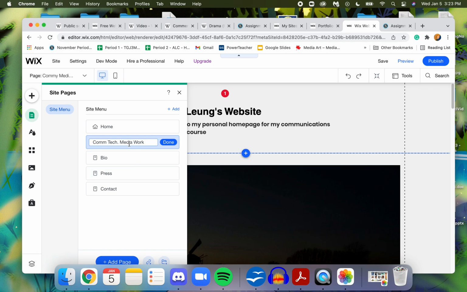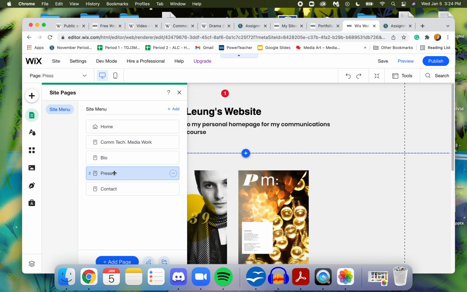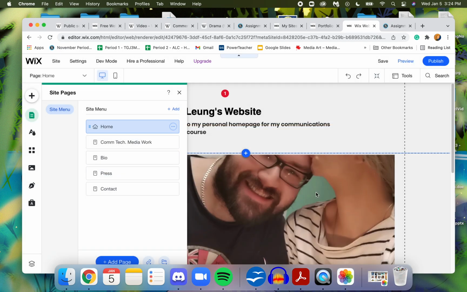I'm just gonna go ComTech media work here, and then I'm gonna leave the bio there, and then I'm gonna delete press because I'm not really into press work. Okay, so I'm just gonna have 4 simple pages. You can have just that if you want. You can make it as simple or as complex as you want to, but the most important again is the ComTech